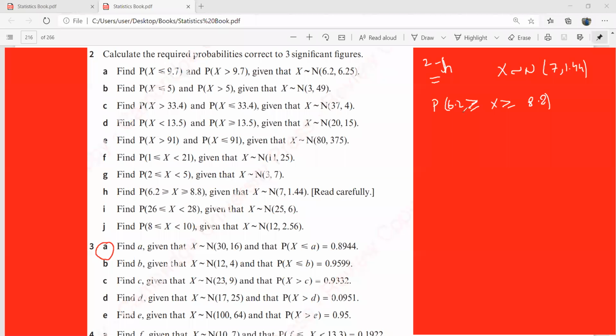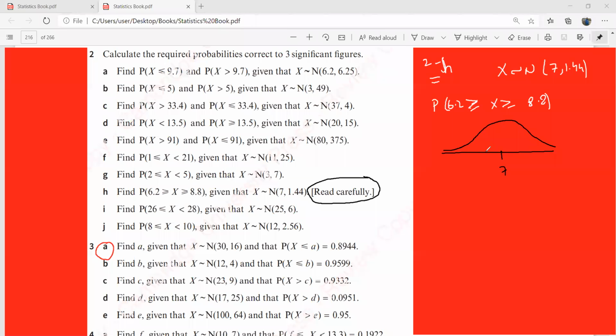So here we are with a harder question. We're given X is normally distributed with this mean and this variance, and you see the book itself is reminding us to read it carefully here. I think I should draw a diagram here just to make it clear what it means. Suppose this is the mean, which is 7,